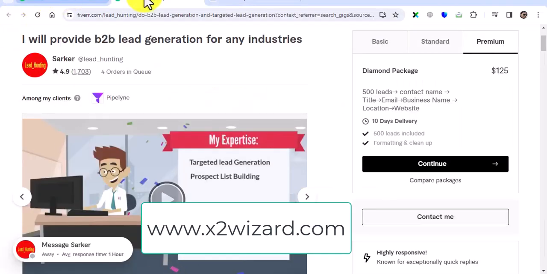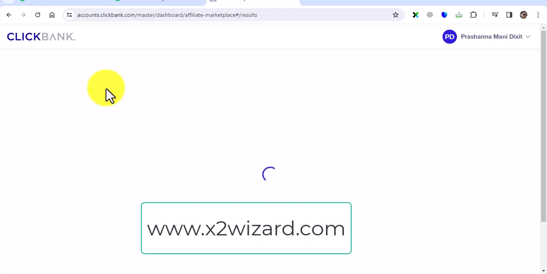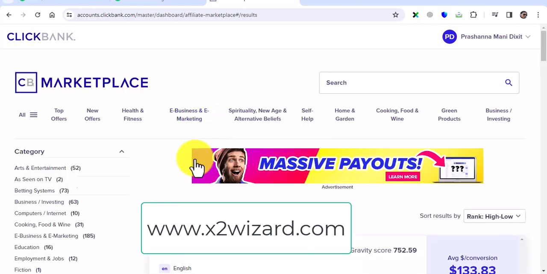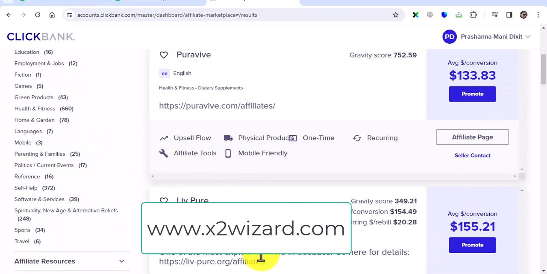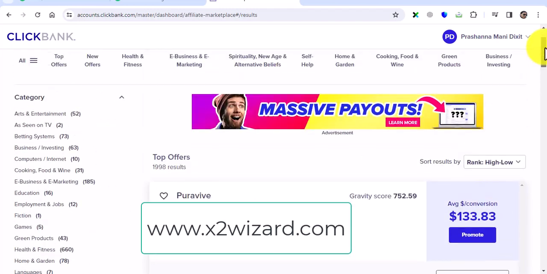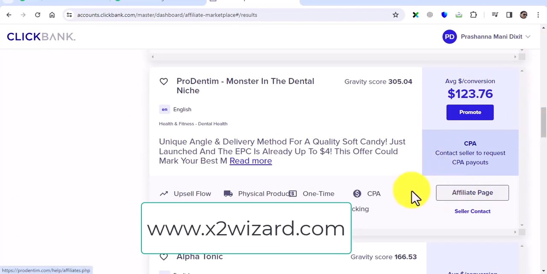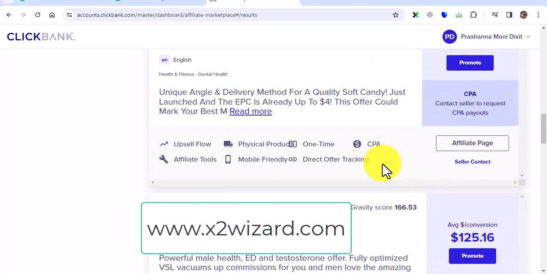For that, head over to clickbank.com. Just let it load. Head over to clickbank.com and you'll find a lot of products to promote. You do not have to buy any products, remember. You just have to promote these offers. And if you do not know how to write cold emails, because it's not everyone's cup of tea, you may not know how. If you just go to this affiliate page, they will have the emails ready for you. You just have to copy paste and